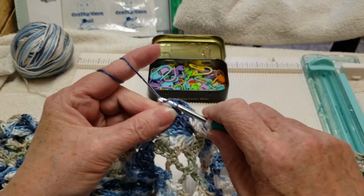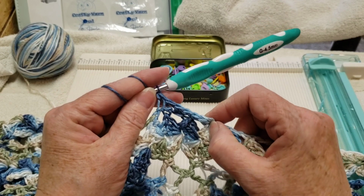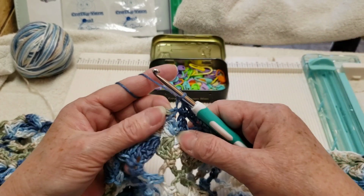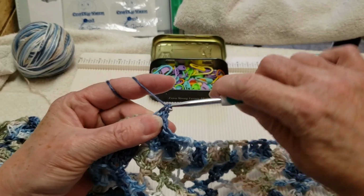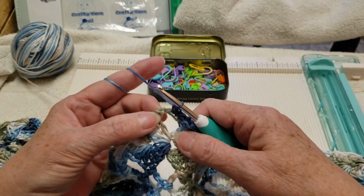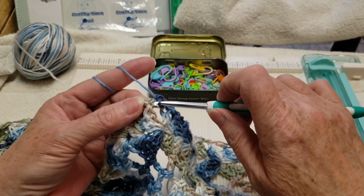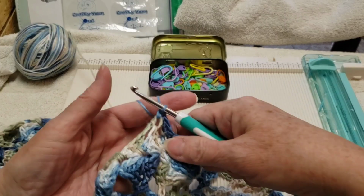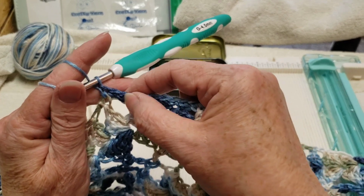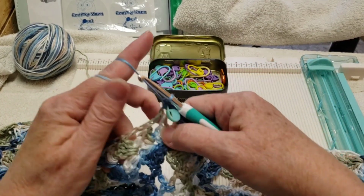And when I get to the 10th single crochet, I'm going to mark it with a stitch marker so I don't have to keep going back and counting. Okay, so 1, 2, 3, 4, 5, 6, 7, 8, 9, 10. Okay, let me double check. 1, 2, 3, 4, 5, 6, 7, 8, 9, 10. Okay, I'm going to mark that 10th one I made with a stitch marker, and then make 10 more